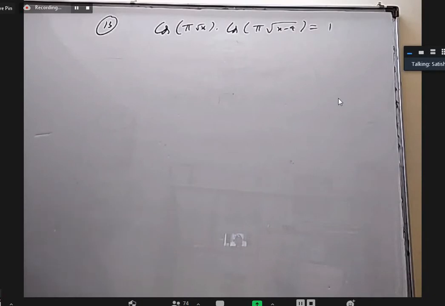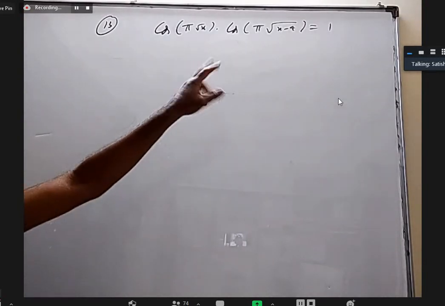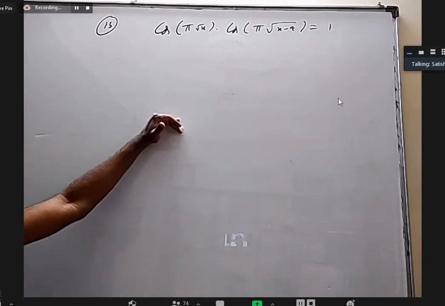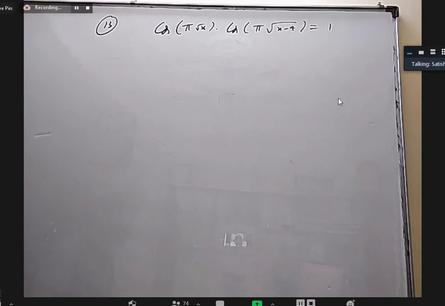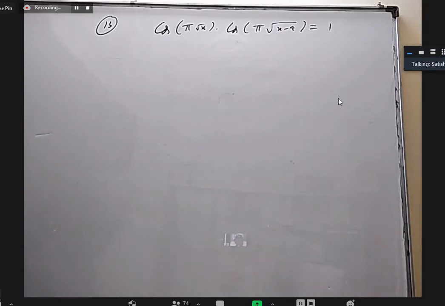Okay, here we may not have a solution for one case, but this alone has maximum 1, this alone has maximum 1, so the total product's maximum is 1. So if you want it equal to 1, both should be 1. Not only that, both can be minus 1 also. Especially when you're multiplying, when this attains minimum and this attains minimum, the product can be maximum, especially when you're dealing with negative numbers. Okay?